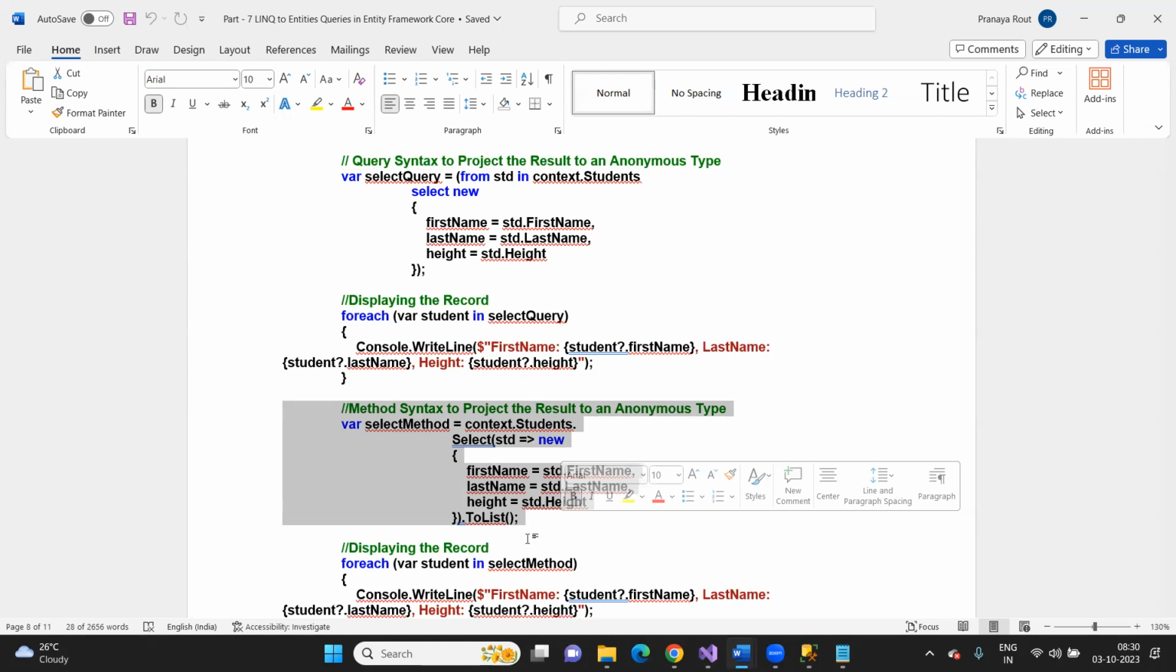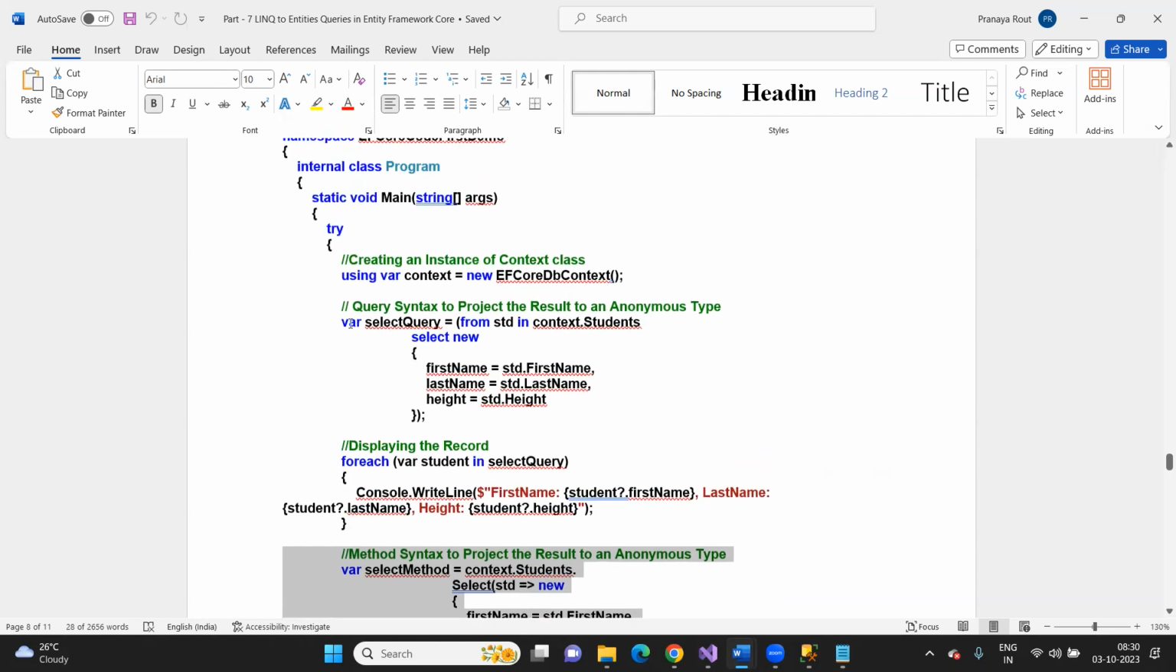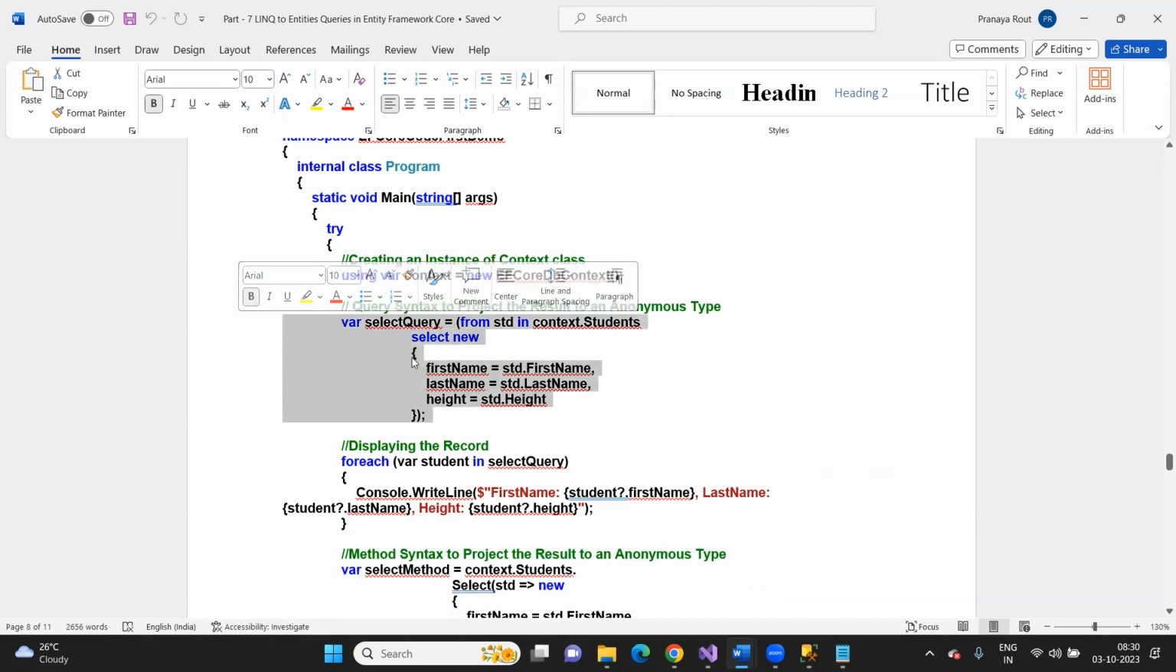LINQ means all the LINQ methods, right? How you can write queries using LINQ. Until and unless you know all these things, you will find it difficult to understand the concept. Why I'm saying this: whenever I explain an example,